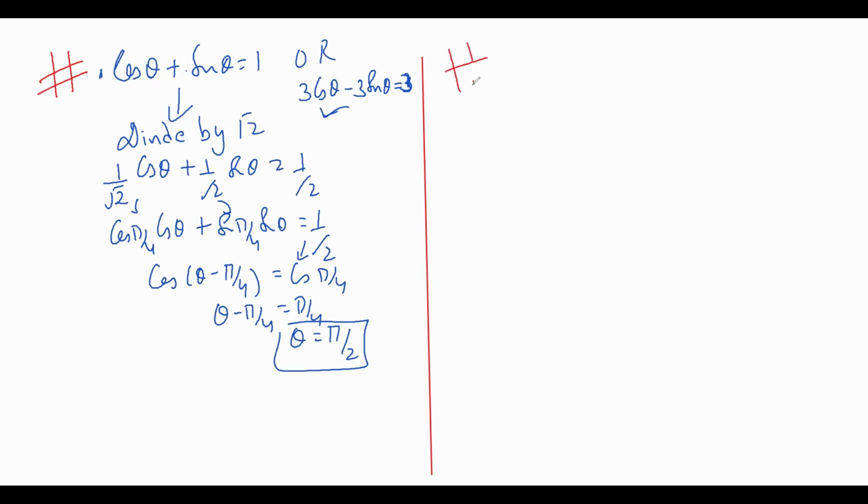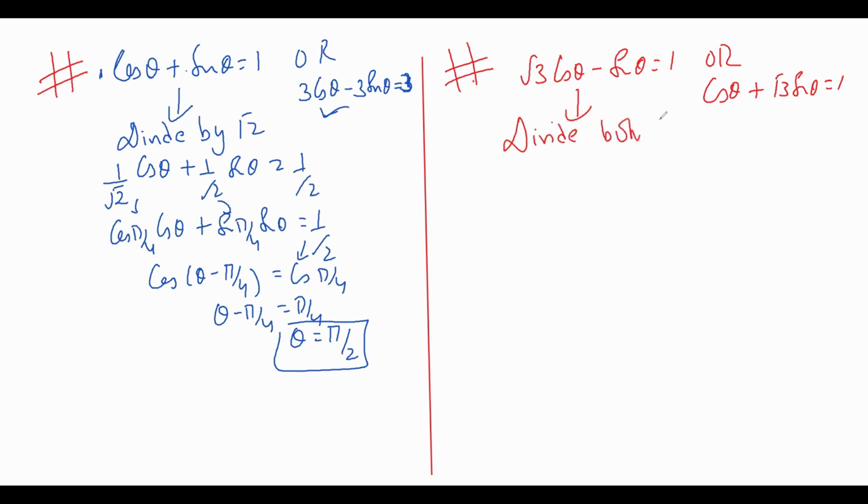and that is, instead of this, if you have this, or you may have this, for both the cases, if one of either cos or sine has coefficient root 3, and the other has coefficient 1 or minus 1, then in this case you have to divide both the sides by 2. Why? Now you can judge. One more thing,